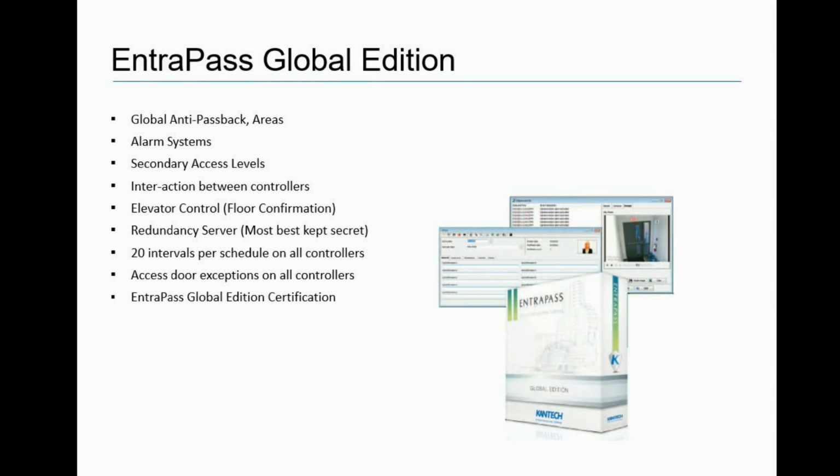Okay, so we'll start with what we call the global anti-passback. We'll talk about area. Then we'll talk about alarm system, secondary access level. We do know that one is available on the corporate edition also, right? But the main difference between that secondary access level and the one in corporate is that in global